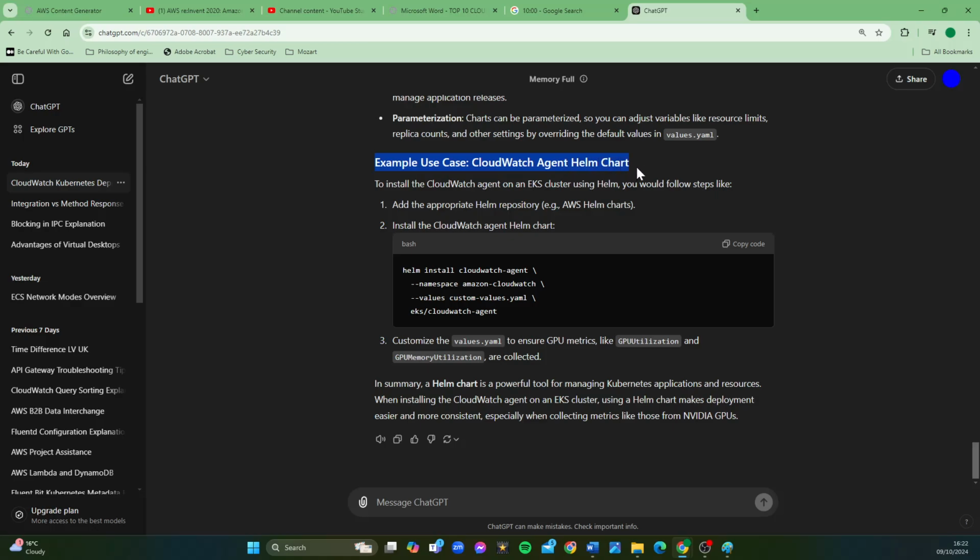So here's an example use case: the CloudWatch agent Helm chart. To install the CloudWatch agent on an EKS cluster using Helm, you would follow steps like this. You would add the appropriate Helm repository, e.g. AWS Helm charts. Then you would install the CloudWatch agent Helm chart. So you'd do helm, then the word install, then cloudwatch-agent. Here's a parameter, --namespace amazon-cloudwatch, --values custom-values.yaml. And eks/cloudwatch-agent is the